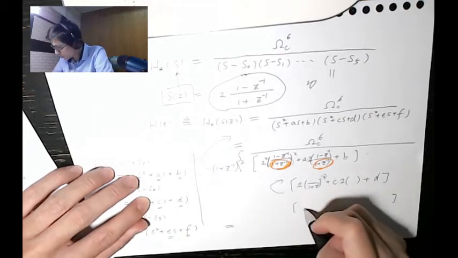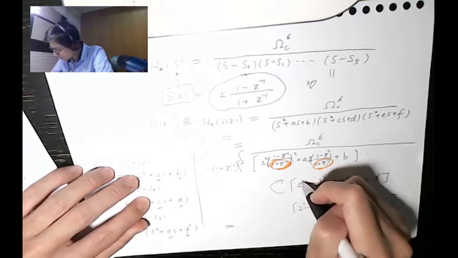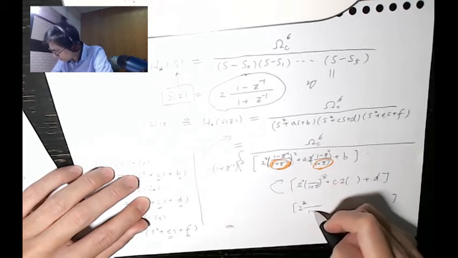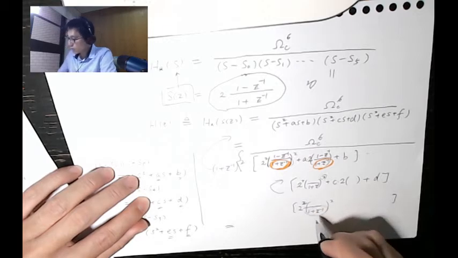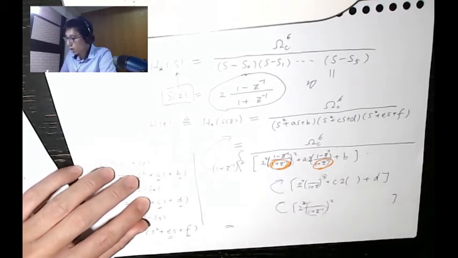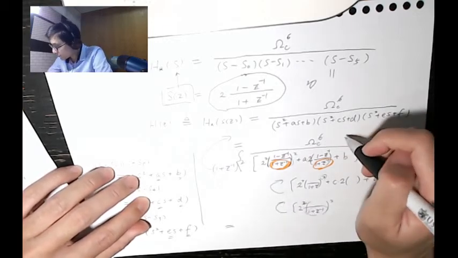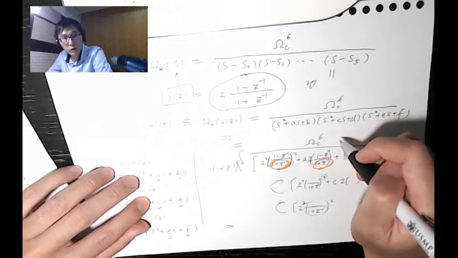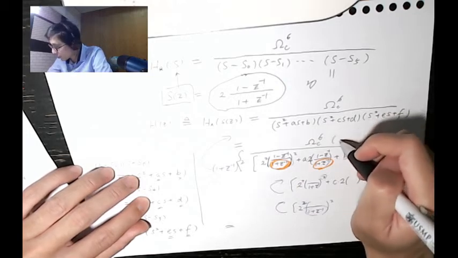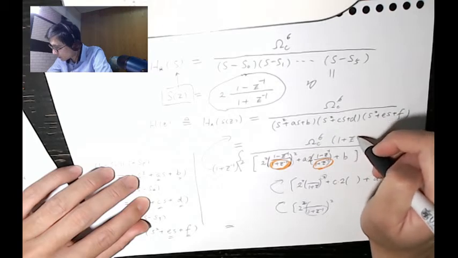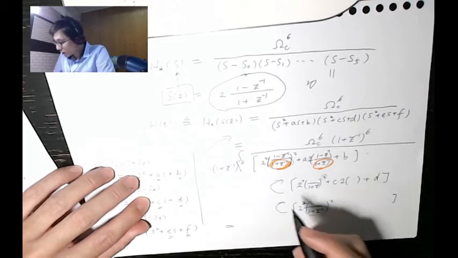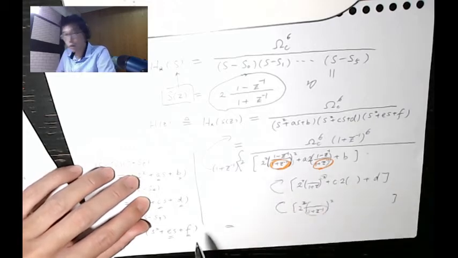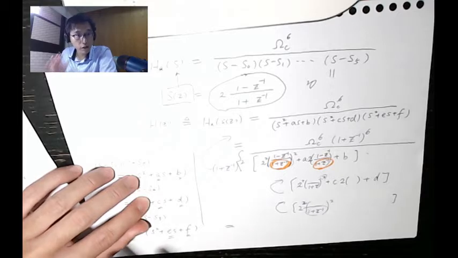And similarly here, 2 times (1 plus z inverse) squared, let's also move this. So in total, we're going to multiply the numerator and denominator, both of them, by (1 plus z inverse) to the 6th power, such that the denominator at the bottom is a polynomial of z inverse, and that is important.